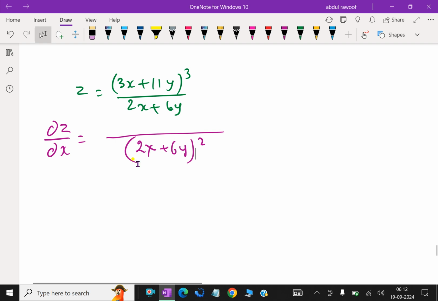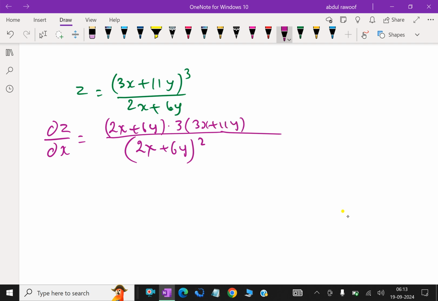Then the function 2x plus 6y into that derivative of the numerator, that is first power comes front 3 into 3x plus 11y the square, then into derivative of inner function with respect to x is 3, then minus,